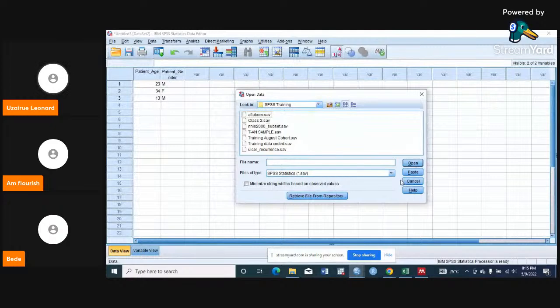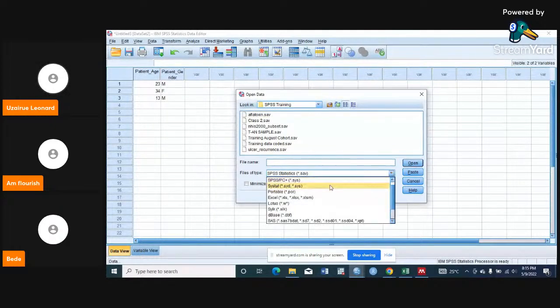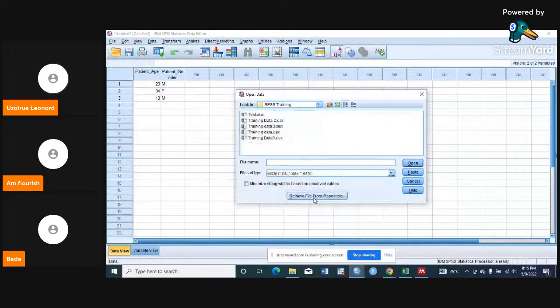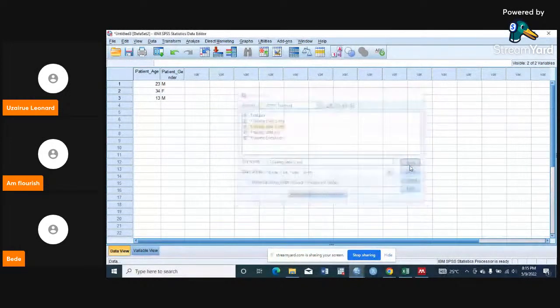Rather, they are saved as .xls, .xlsx, or .xlsm, as the case may be. So you just click on Excel, and all your Excel data will come up. Assuming this is the one I want to work on, I'll click there, then I'll click on open,